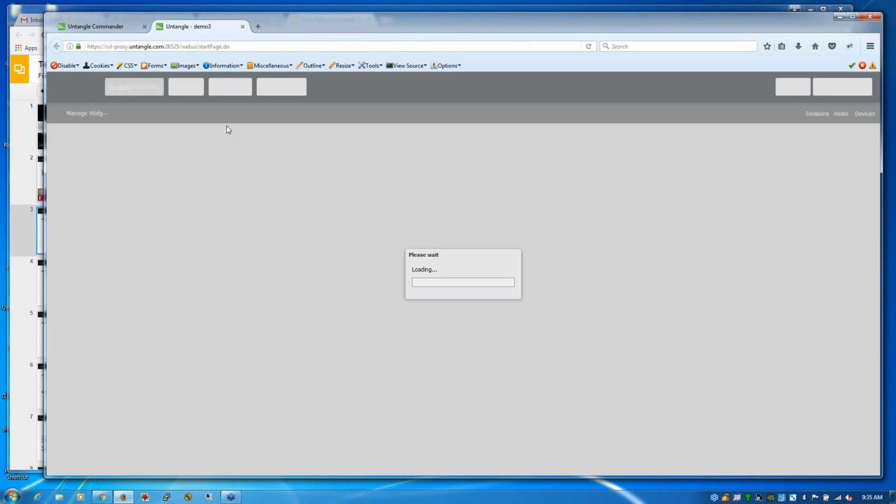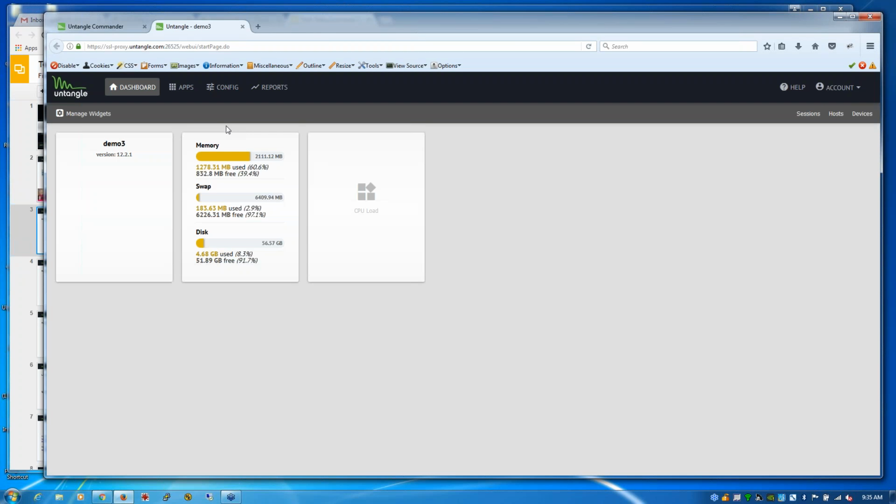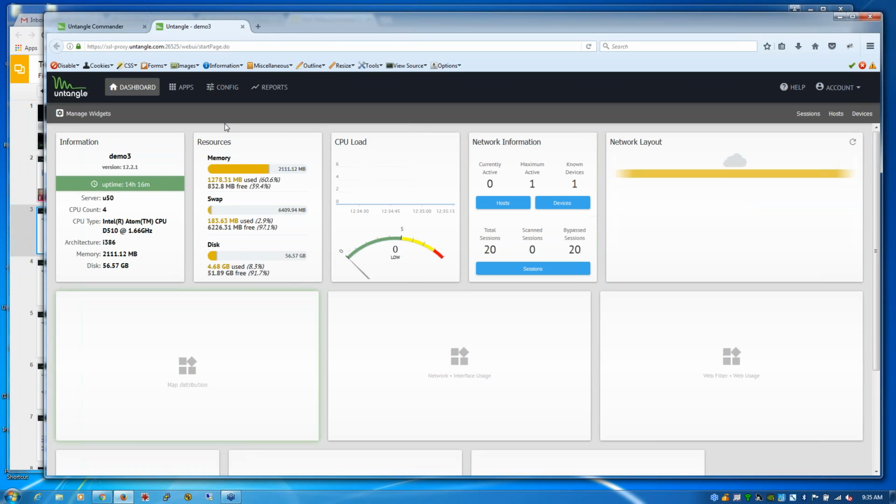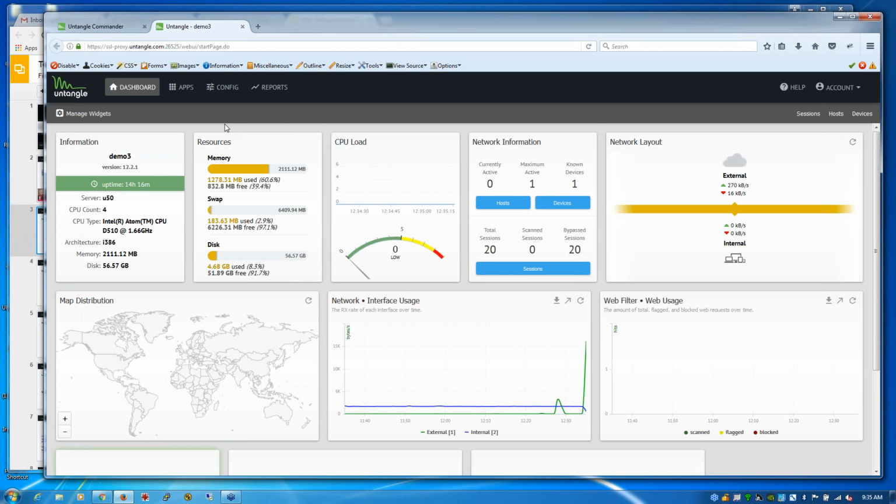So now I am directly connected as if I were to remotely connect, and this does not require you to have the HTTP WAN feature turned on. We actually connect through an SSH channel that you enable by connecting to the cloud. So again, I've logged directly into that box,